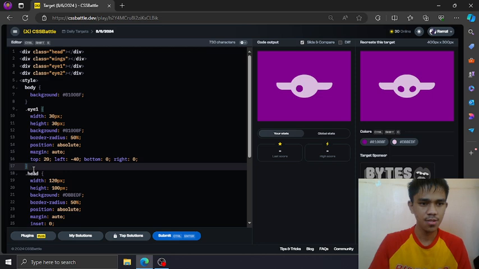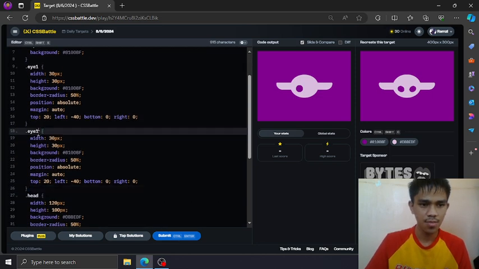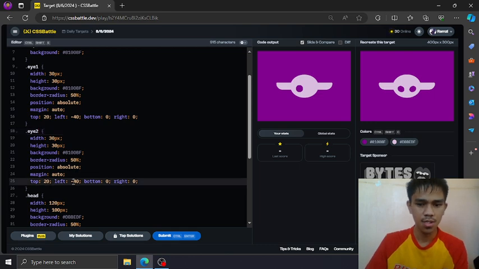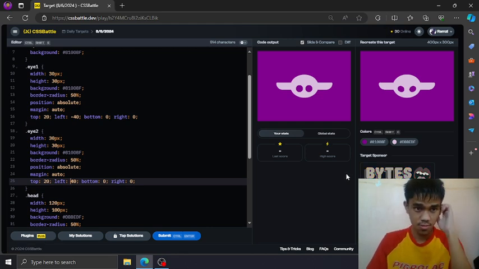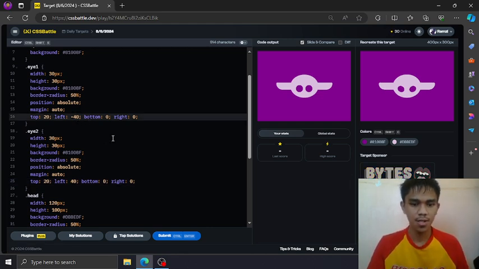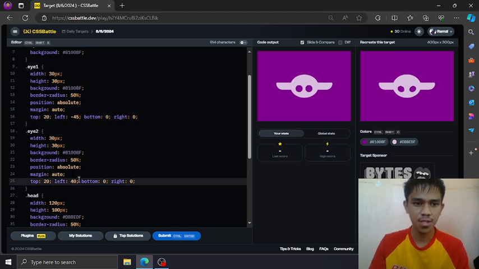Copy this for the I2, name this I2, and then invert the value. Okay, there are two circles here, but we all know it's not really what we wanted. So let's move this a bit left and this a bit right.